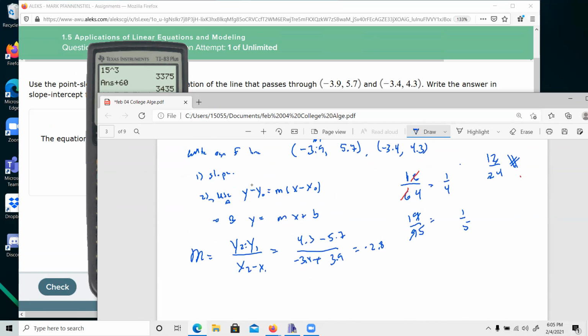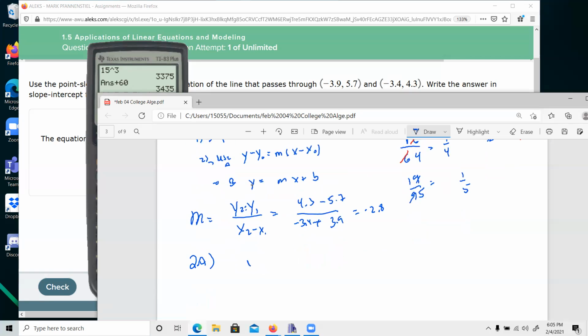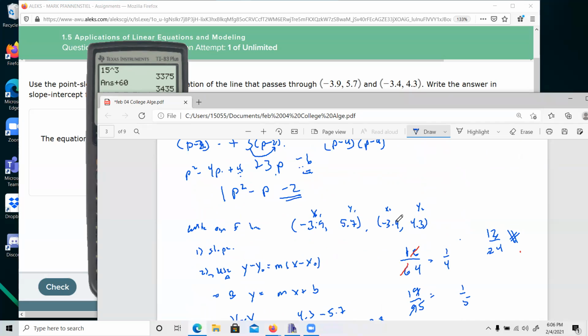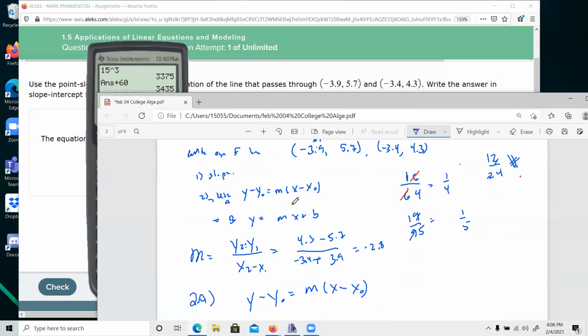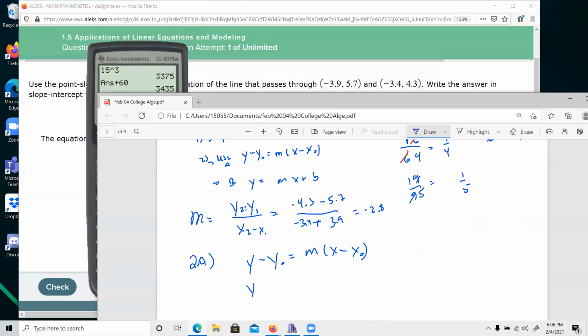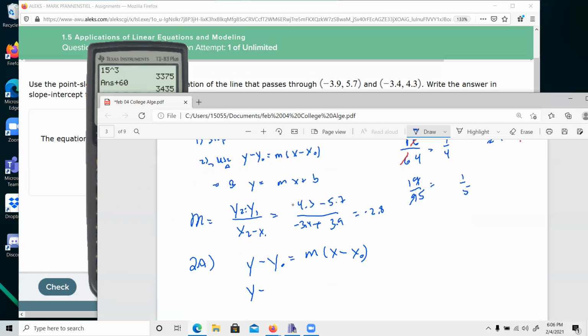Okay, this will be 2a, where we're going to take y minus y1 equals m times x minus x1. And you get to pick which point you'd rather use. Both of these points are terrible. Why don't we just take the first one for the sake of argument. So what we're going to do is say this is y minus 5.7